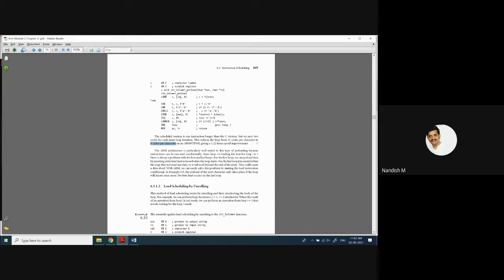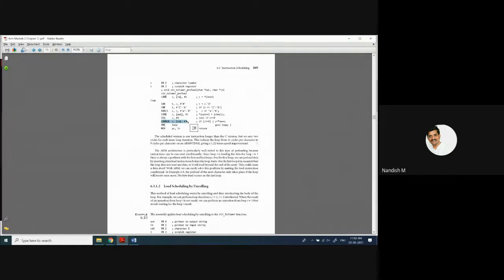And also there may be chances of a data abort. It is going to read beyond the end of the array because of this load instruction. For the last loop I am saying, the problem is the first iteration and the last iteration.